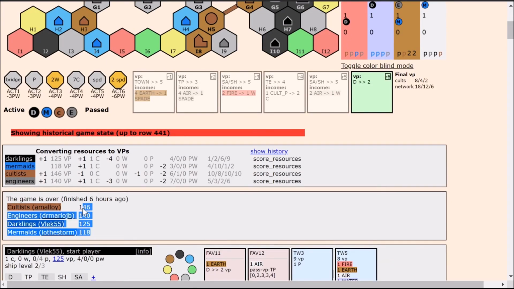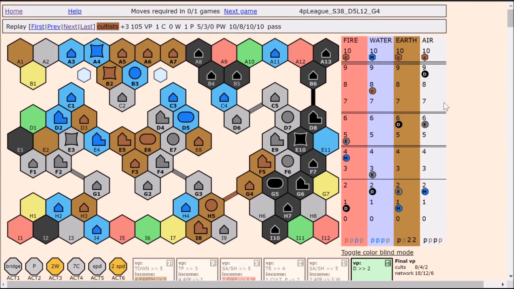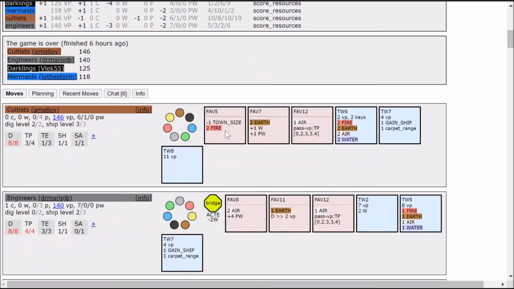And so I won actually by a smaller margin than I thought. I won by only 6. At some point I thought I was up by like 12, but the engineers had a pretty good last round, I think. I'm not very good at figuring out what should happen on the cult tracks. I did estimate that this was what the board would look like for them and for me, but I think they wound up ahead of some people on cult tracks when I didn't expect it, or something like that, or had more resources left. I don't know. So there you go. We won another game, and